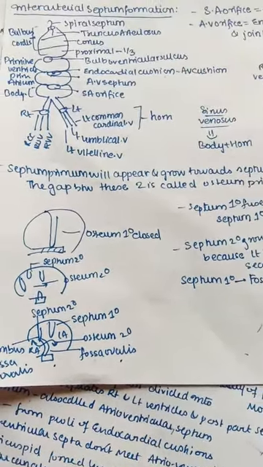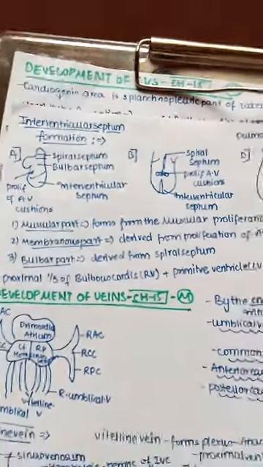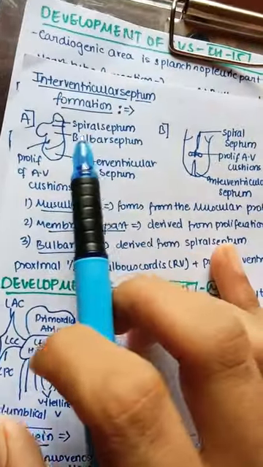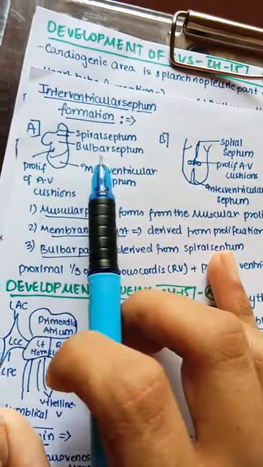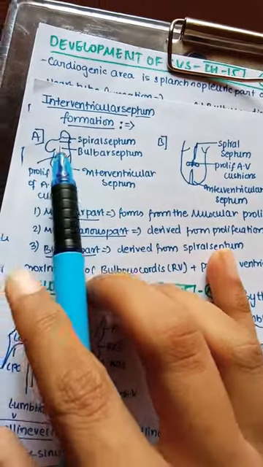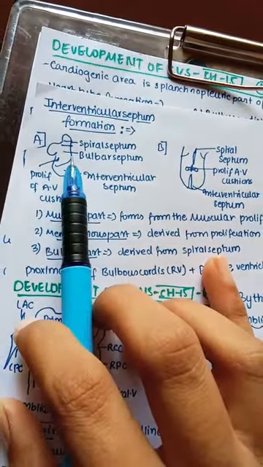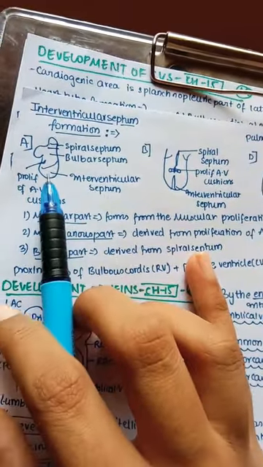So this is all about how the interatrial septum forms. Now let's move on to the interventricular septum, between the two ventricles, and how that septum forms. You can see this is a spiral septum. If you remember in our truncus arteriosus, this is the bulbar septum, that is in our bulbus conus, right? And actually the bulbar septum, if you remember, is between our bulbus conus and our primitive ventricle, right? And this is our interventricular septum.